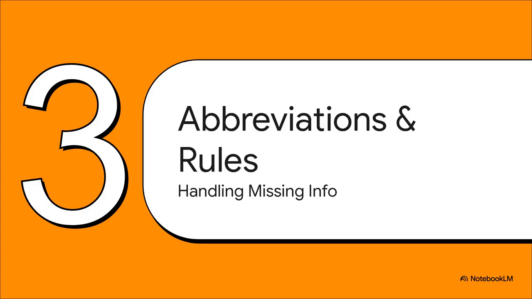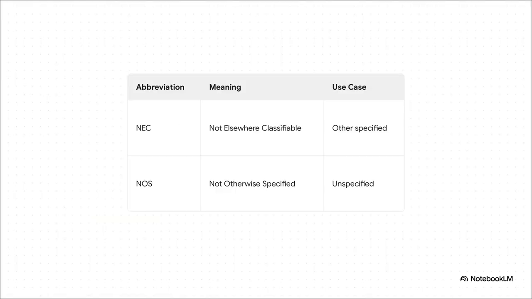All right, Section 3, abbreviations and punctuation. Now, what's really interesting here is how ICD-10 uses specific abbreviations to handle missing information. Let's break down NEC and NOS side by side. Think of NEC, or Not Elsewhere Classifiable, as a fancy way of saying other specified. You use this when the medical record is highly specific, but the actual ICD-10 book simply lacks the exact code for that specific condition. On the flip side, we have NOS, or Not Otherwise Specified. This is basically the medical equivalent of unspecified or just, I don't know. You're going to use NOS when the book has options, but the patient's record at hand lacks the detail you